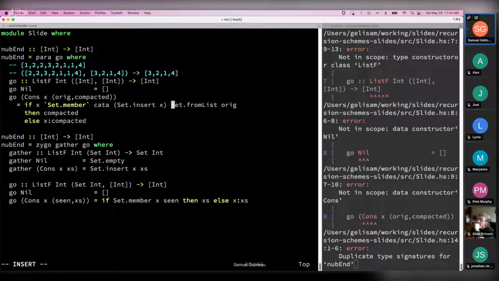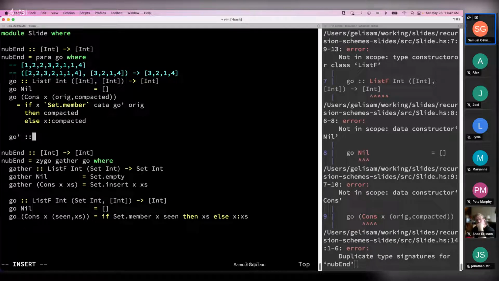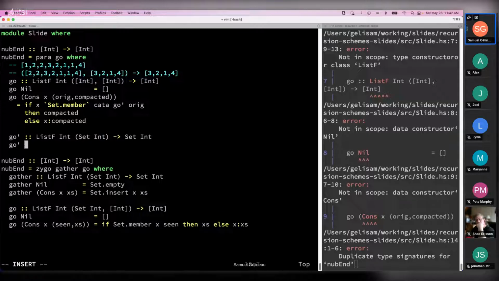x into the list so far. I'm starting go prime of the original list. Go prime, since it's kata, it's from list f, it of, this time there's not a pair of the original list and the recursive result, it's just a recursive result, so that's a set of ints to a set of ints, go prime, in the nil case,